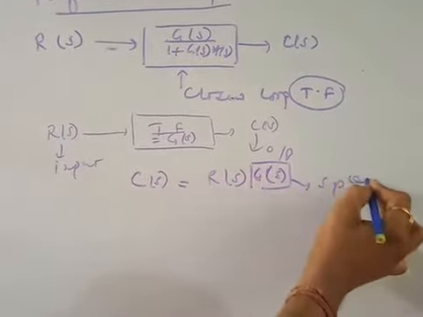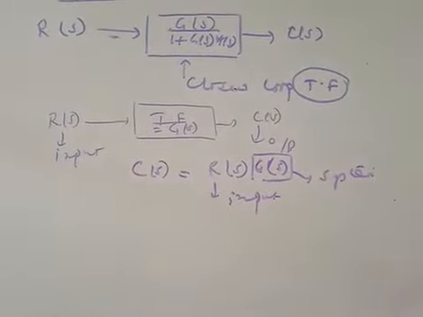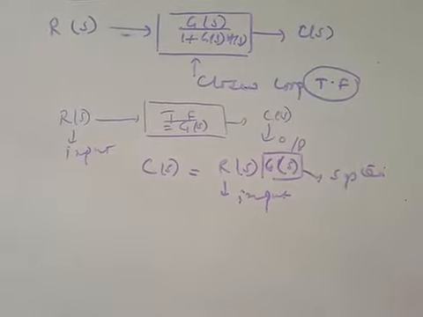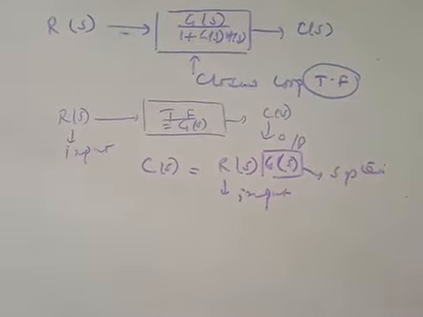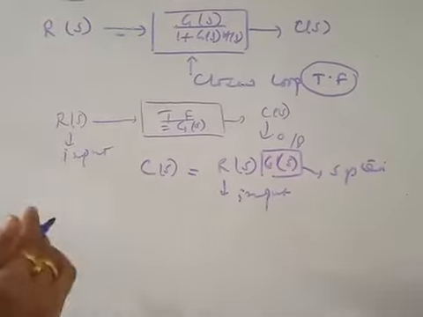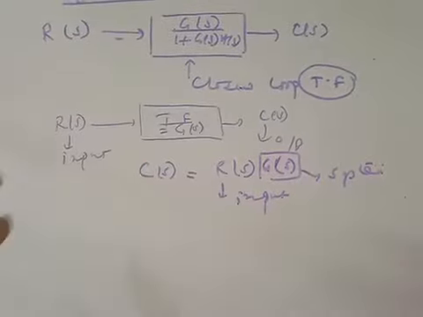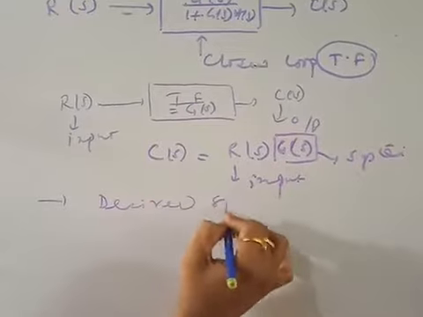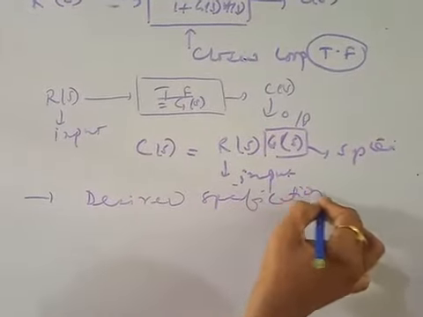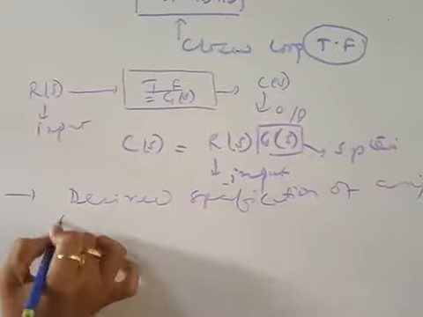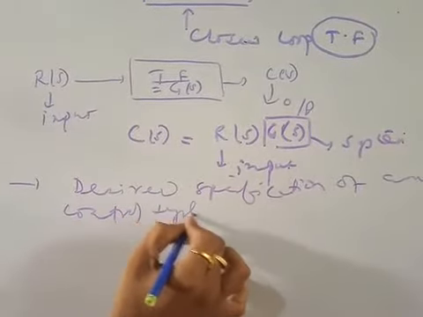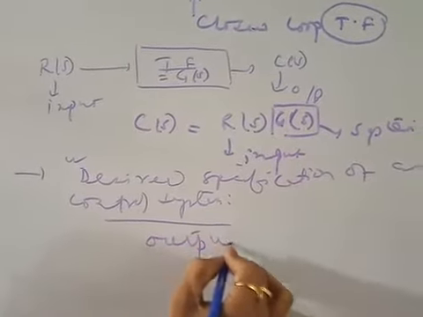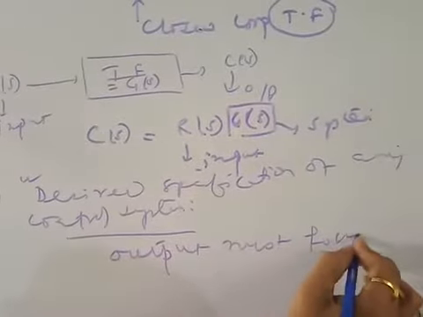Now you know the characteristics of the system already and the different types of standard inputs. What are the different types of standard input? Again I say: impulse, step, ramp and parabolic. If you apply any one kind of this input to any system, you can get the output. And what is the desired specification of any control system? For any control system, the desired specification is that the output must follow the input.